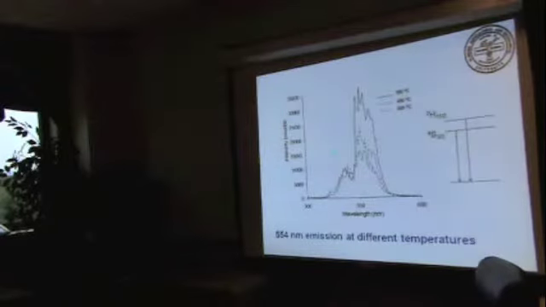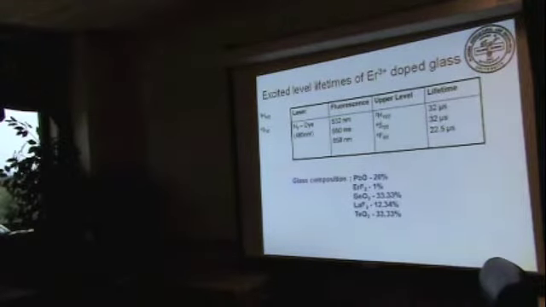To estimate the temperature, there are two ways at this stage. You can measure the lifetime of this level, that's one way. The other way is you can measure the population ratio of this emission to that. That means you take the ratio of this to that. By plotting a graph of the population ratio versus temperature, you can develop a calibration plot and then use it for temperature sensing. Or by measuring this lifetime as a function of temperature, you plot a calibration plot and then you can use it for temperature sensing. So that's one of the things.